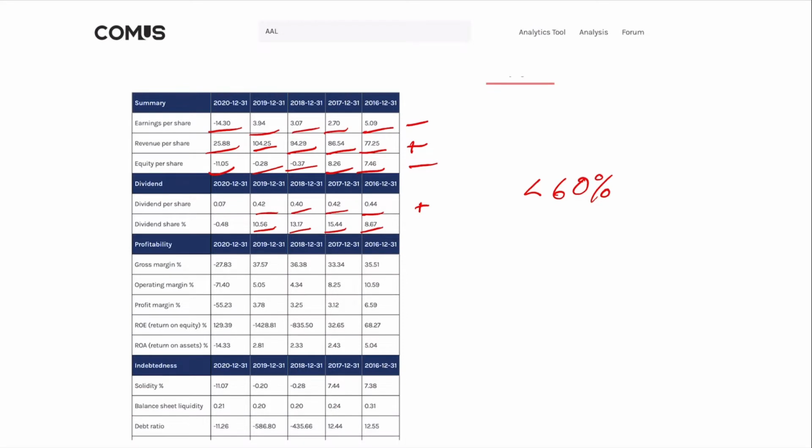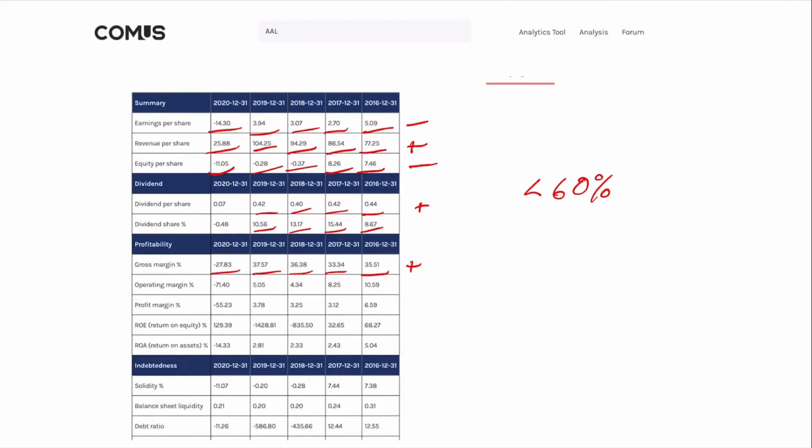So I like this. Now gross margin went from 35% down to negative 27%, and there's been a bit of fluctuation here, we've been moving around 35, 37. So that is a small improvement, which is a plus, but the last year, negative 27%. Imagine selling something for $1, but you still take a loss of 27%, and you still have your operating cost to pay to cover. So this is negative. I don't like it at all, but overall performance has been positive. They're doing better and better.